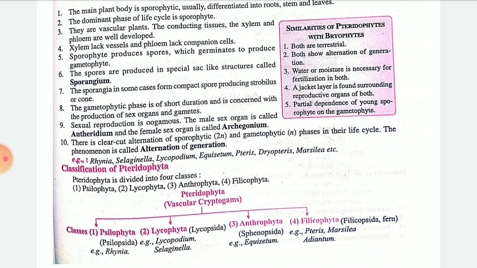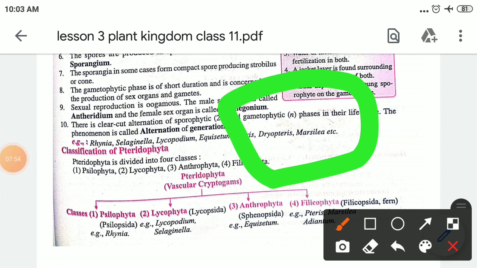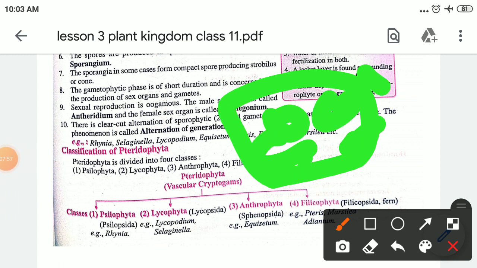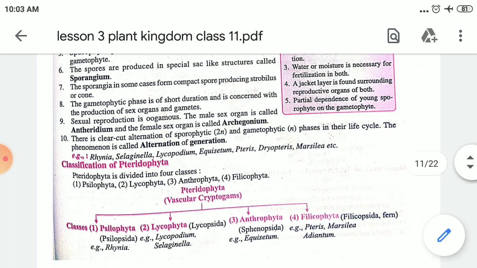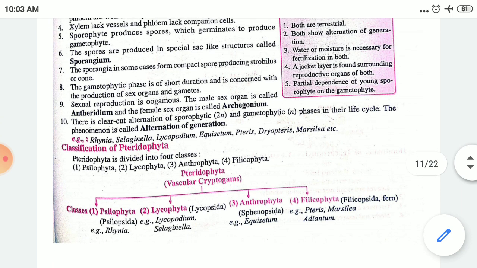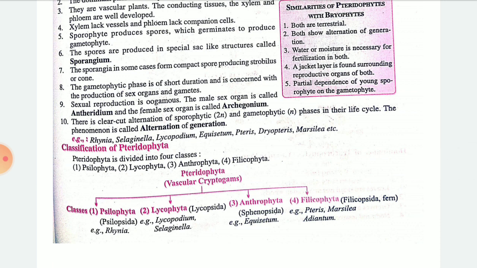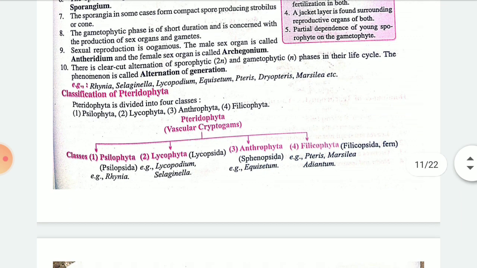They consist of a sac known as sporangium. It is also known as a cone. A cone-like structure will be there, and for reproduction purpose it will be responsible. Okay children. The gametophytic phase will be there, and it consists of sex organs. Male will be known as antheridium, female will be archegonium. Alternation of generation will be present very nicely.